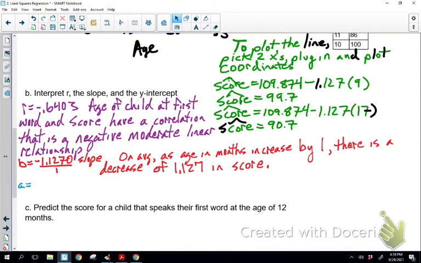So that was A, and that's 109.874. And one thing to always ask yourself is it plausible in this circumstance? So y-intercept, that's when x is 0, right? So that would be 0 months. The child would be 0 months old, speaking, and have a score of 109. Doesn't really sound plausible in this case. So we can still interpret it, but at the end, I'm going to say not very plausible or not likely to happen. I guess it's possible. Maybe that's happened sometime in life, but